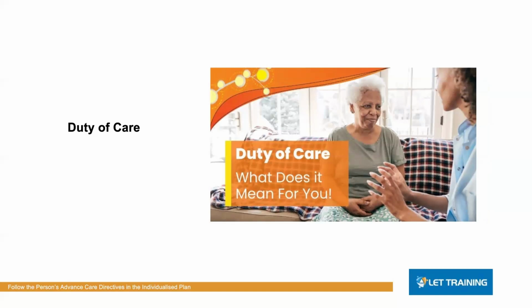The rights of your client based on the Charter of Aged Care Rights includes the right to safe and high-quality care and services, the right to be treated with dignity and respect, the right to have their identity, culture, and diversity valued and supported, the right to live without abuse or neglect, the right to be informed about their care and services in a way that they understand, the right to access all information about themselves, including information about their rights, care, and services,